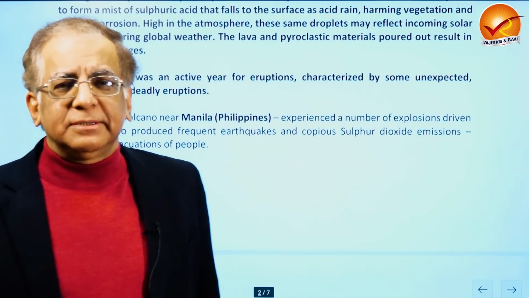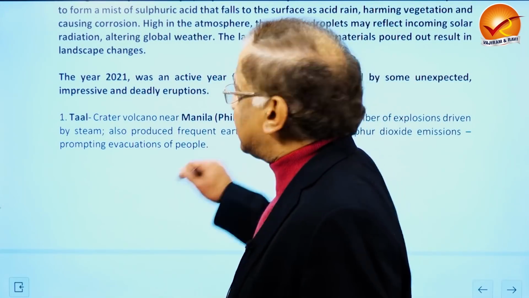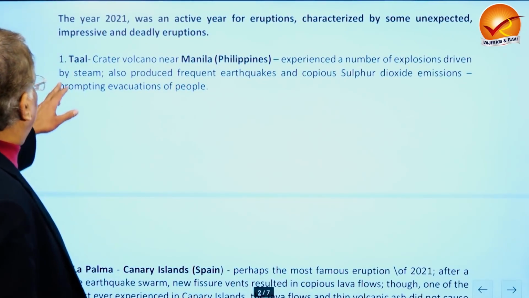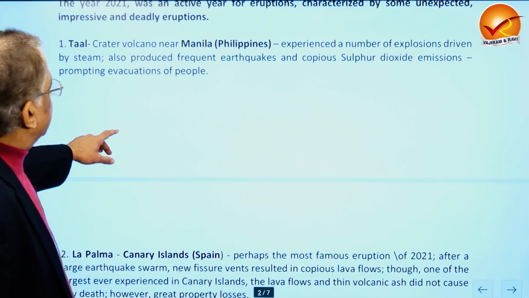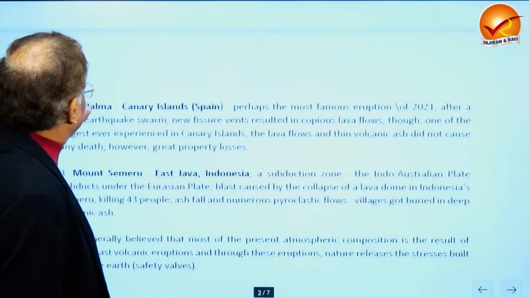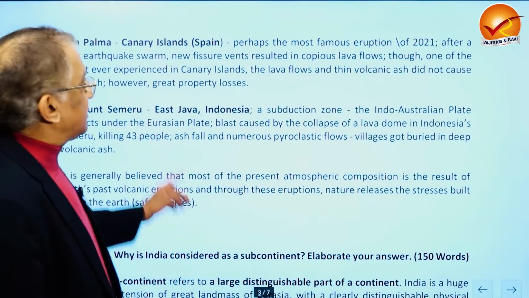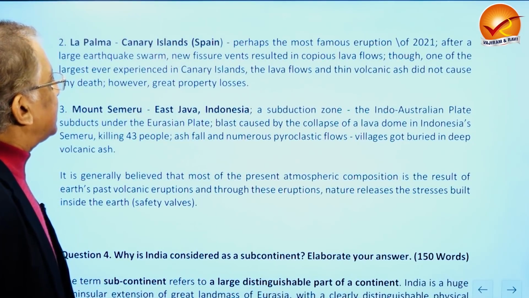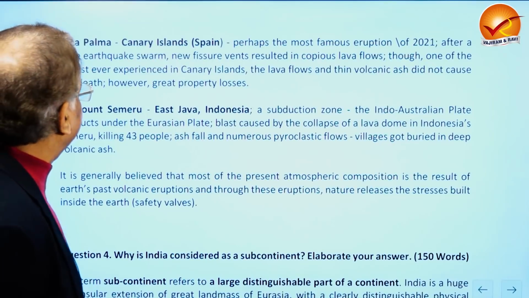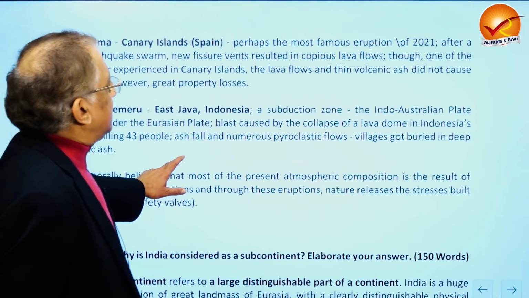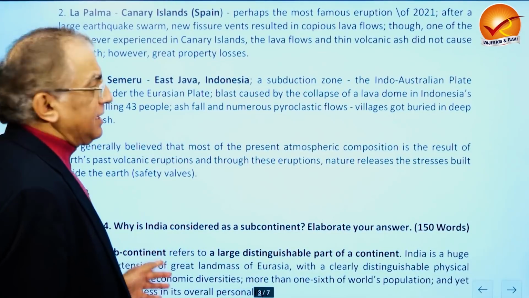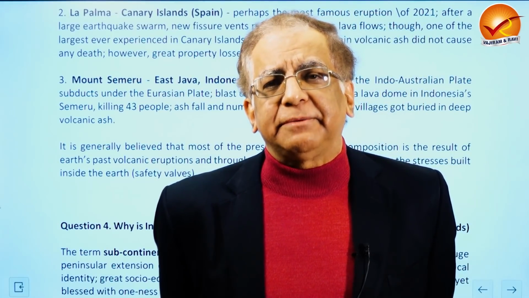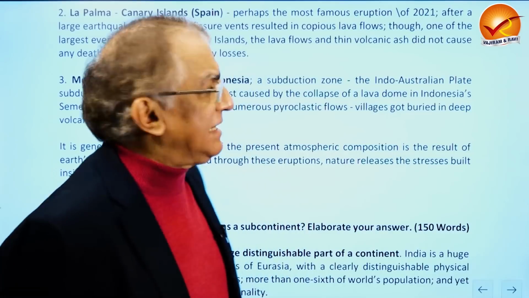Now, to give examples here, I go for three examples. One was the case in the Philippines, near Manila, the volcano with the name Taal. So this had its eruptions. Second example is La Palma, in the Spanish Canary Islands in the Atlantic Ocean. And perhaps it was the most famous eruption of 2021. It led to a lot of lava flows and thin volcanic ash, though it is believed that there were no deaths in this region because of this huge eruption,